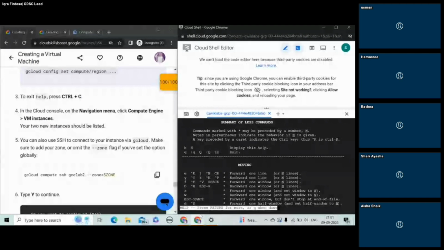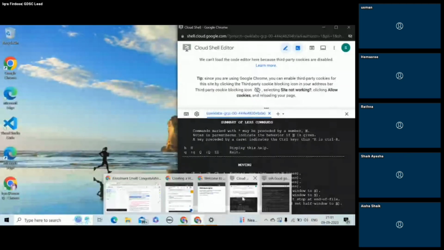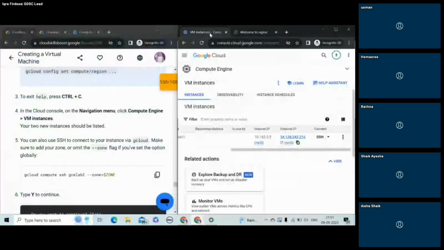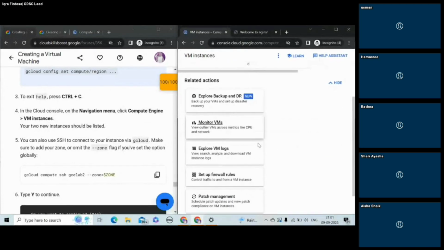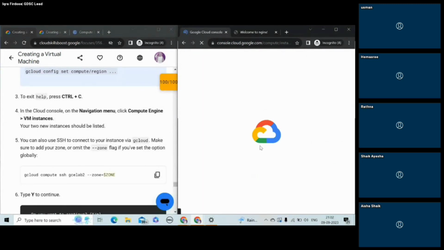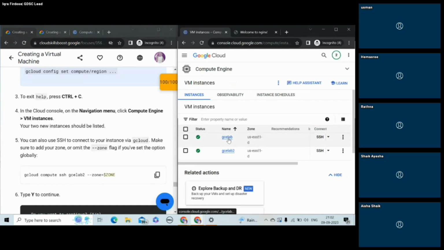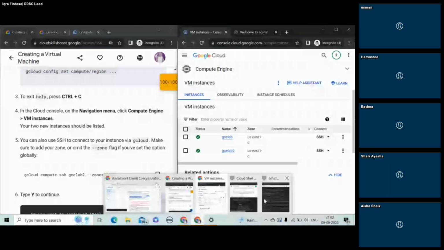Okay, to see whether the two instances are created or not, where is my navigation menu? Okay, here you can see. Actually, there will be two instances here. I refresh that because my connection is lost. Here you can see two instances are there. We created one instance using gcloud, another instance using gcloud command. After that, you have to